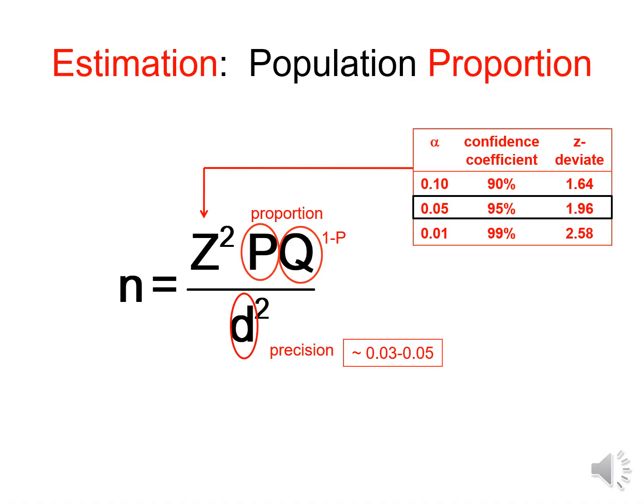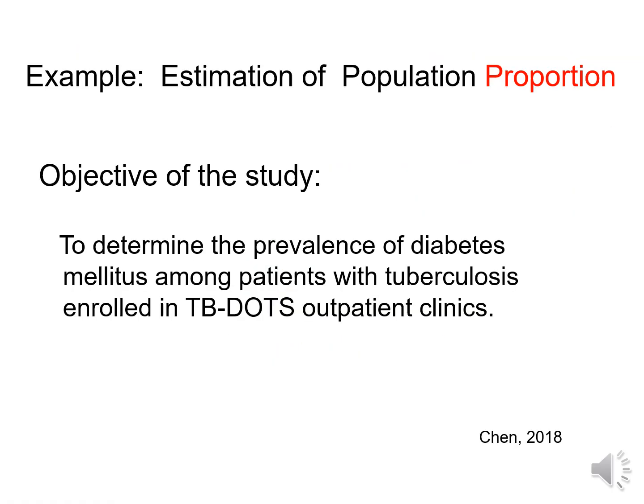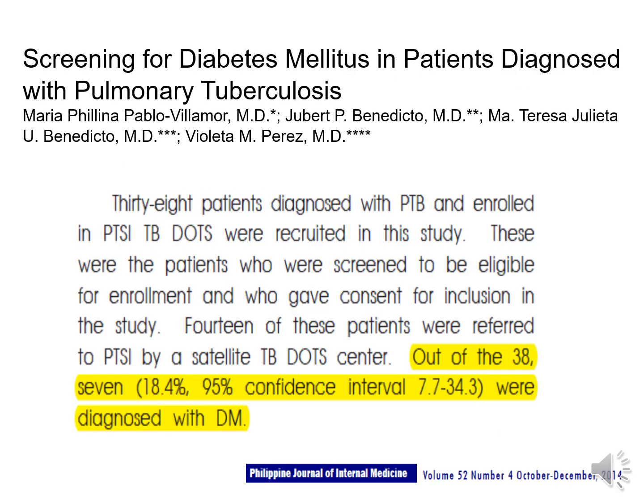V is the desired precision ranging from 0.03 to 0.05. As an example, sample size is to be computed on a study to determine the prevalence of diabetes mellitus among patients with tuberculosis enrolled in TB outpatient clinics. A source from the literature provides this estimate: